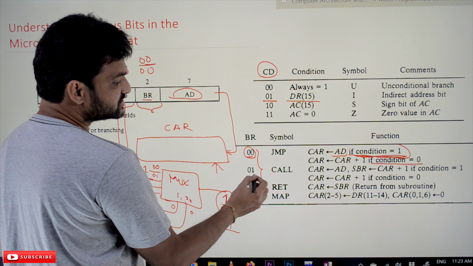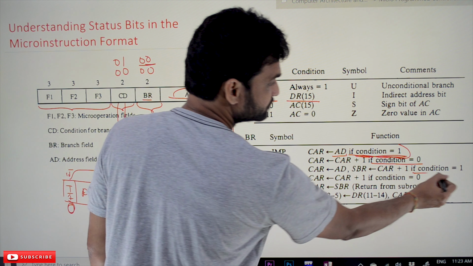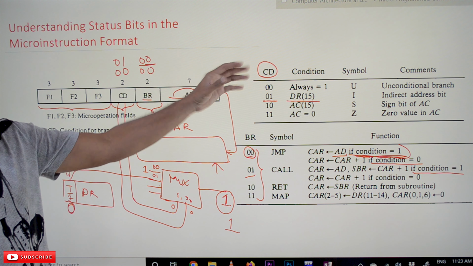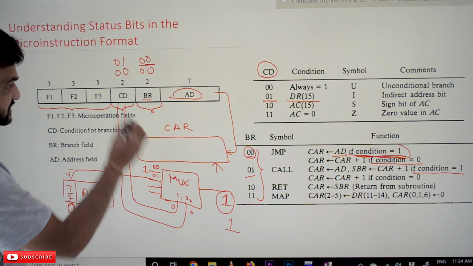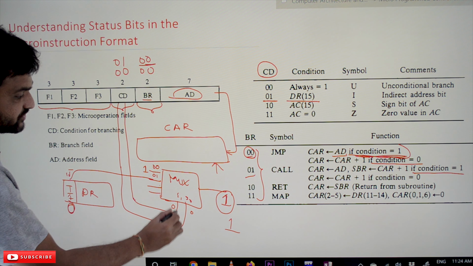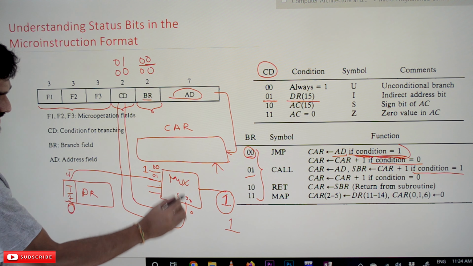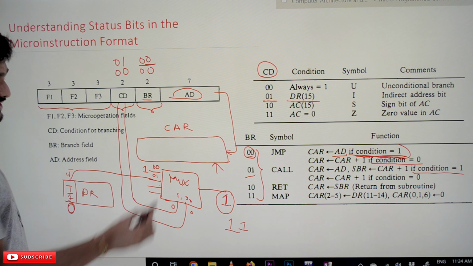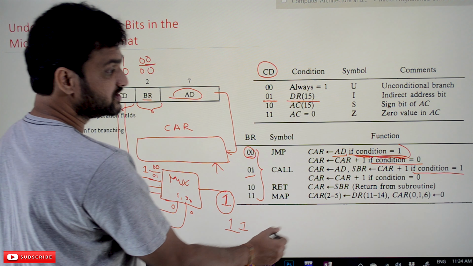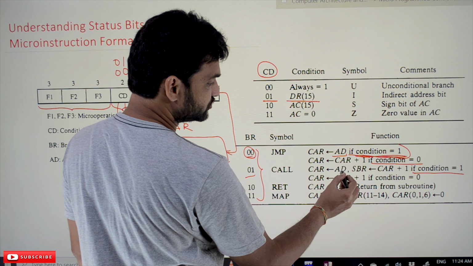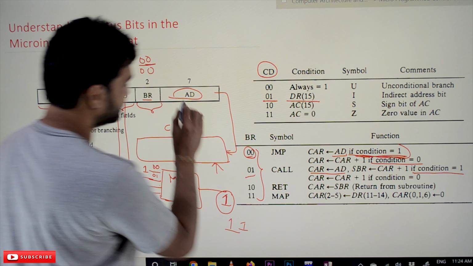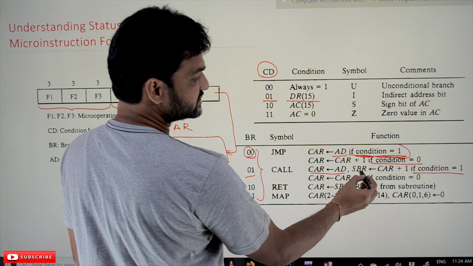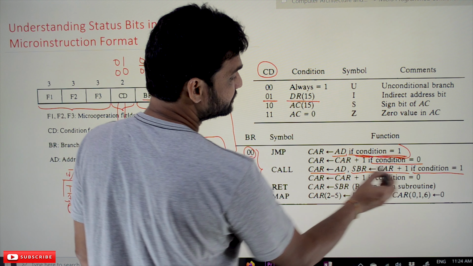Similarly, if the BR is 0 1 and the condition is 1, whatever the condition may be, based upon these input fields and these select lines, if this multiplexer is producing an output of 1, what does it have to do? The address value has to be transferred onto the control address register, and the next thing it has to do is SBR,